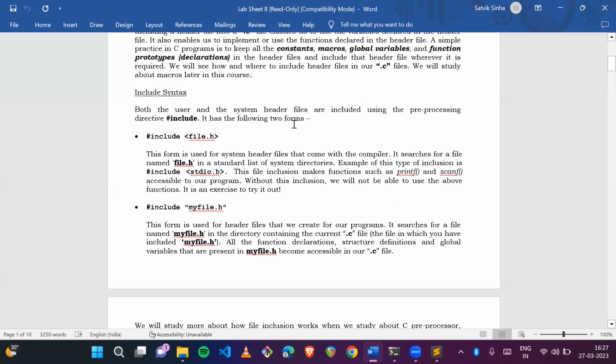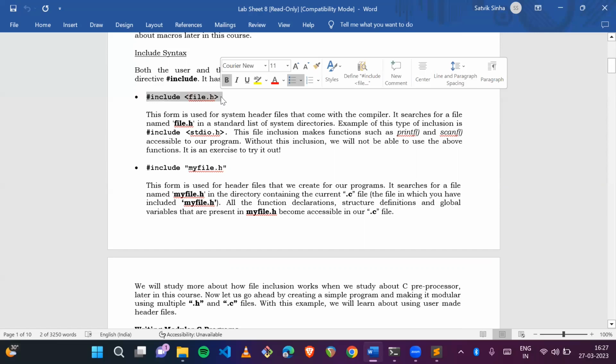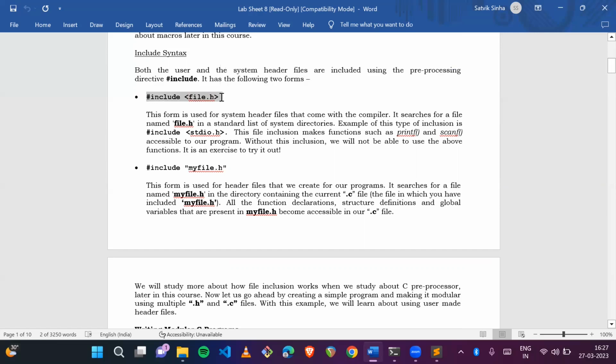So we'll see how to use these header files in a .c file. Before that, as I said, there are two types of files. One which comes along with the compiler, and the other which the programmer writes. This is the syntax in which we use the header files which come along with the compiler. As an example, we have the stdio.h header file. This header file gives us functions like printf, scanf, and to include this, we write #include <stdio.h> in this manner. And upon seeing this, the compiler searches for the file named stdio.h in the list of the system